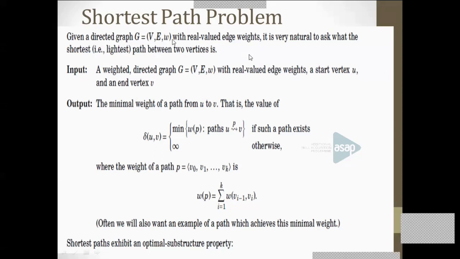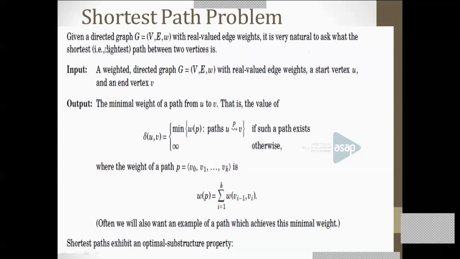W stands for weight, the edge weight, and this edge weight can be the distance if it is a shortest path problem and we are focusing on distance. The edge weight is going to be the distance from city 1 to city 2. Here our objective is to optimize the distance. And W is actually the weight function, mapping to the real domain. It is real, not just positive integers. The edge can also have a negative weight.